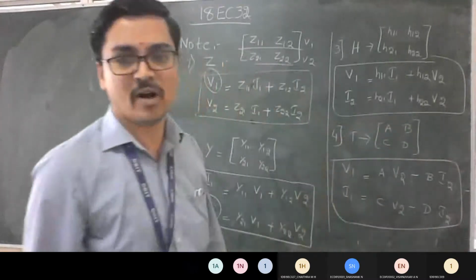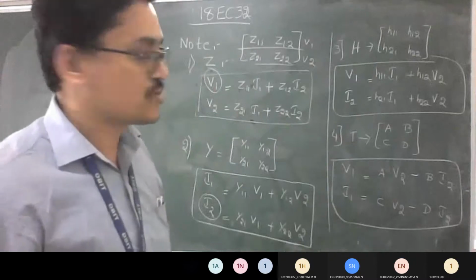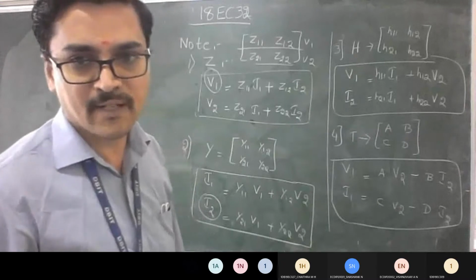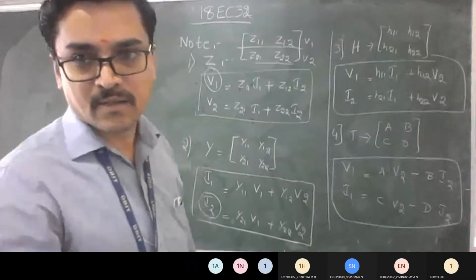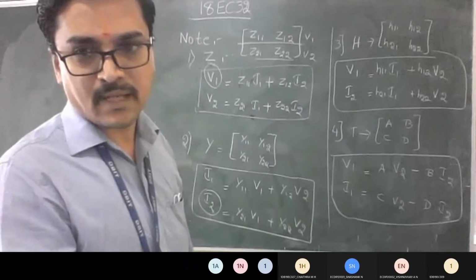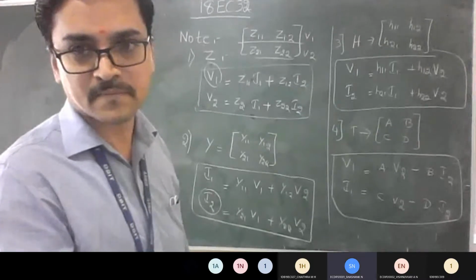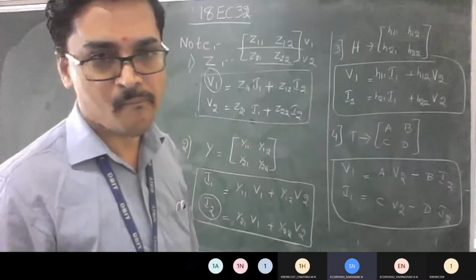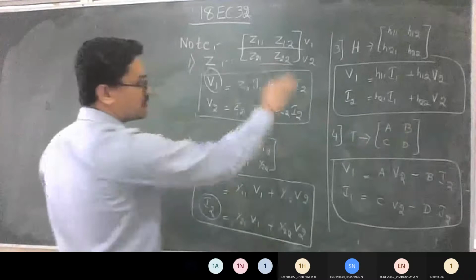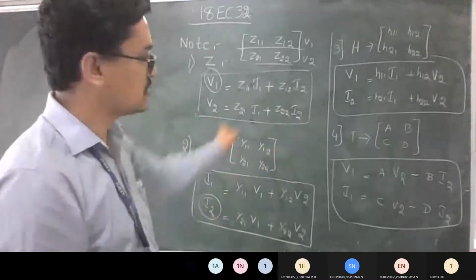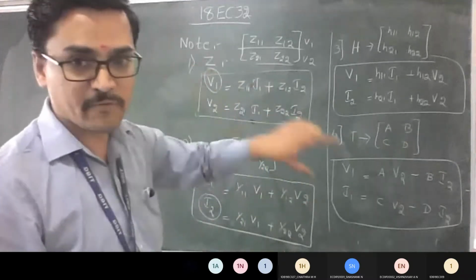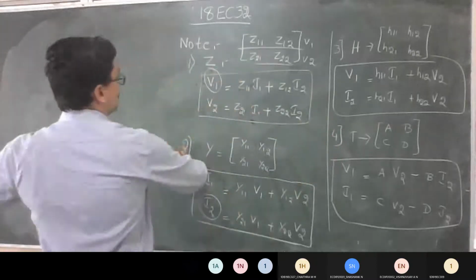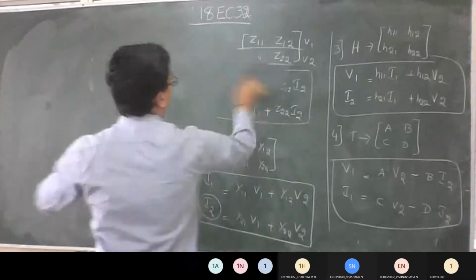So these four formulas are what I want you to analyze first, to solve any problem or any derivation of your two-port concept. Am I clear till here? Yes, sir. Shall we proceed with the Z parameter now? Yes, sir. Okay, fine, let me erase. This is all the note. These four formulas should be in your mind, such that whichever parameter they ask, first write this generalized equation. Now we will go further, and you will understand in a better way.